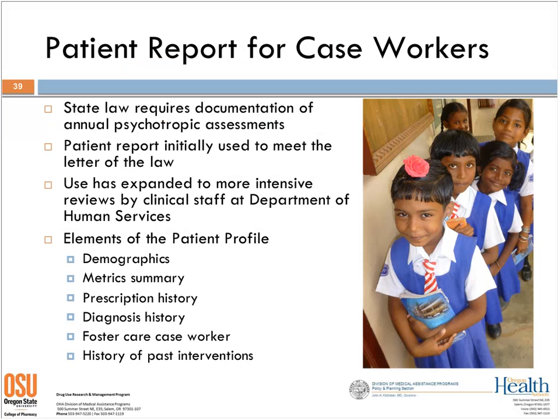So now we found ourselves at the point where we had this great summary data. We wanted to take the next step of starting to act on it. In Oregon, we do have statutory requirements that for foster children, there's an annual review of their psychotropic therapy. And up to this point, we've been doing those reviews, but more or less in name only. We were meeting the letter of the law, but we weren't really getting at the spirit of the law, because